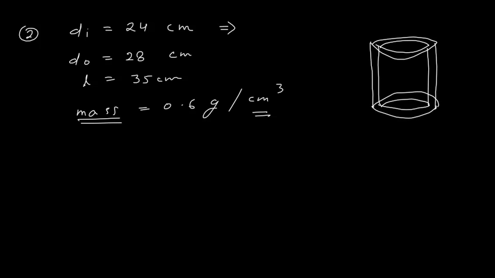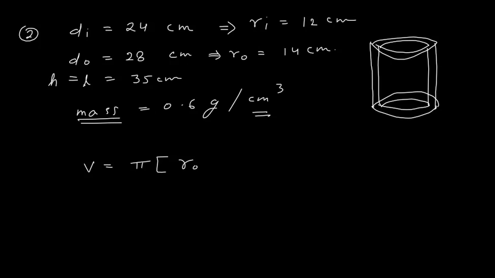Yes, something like this. From diameter inner, I can find radius inner, which is 12 centimeter. From diameter outer, I can find radius outer, which is 14 centimeter. And length is nothing but height, so H is equal to L is equal to 35 centimeters. So my volume V is equal to pi, in bracket R outer square minus R inner square, into H, and the total mass